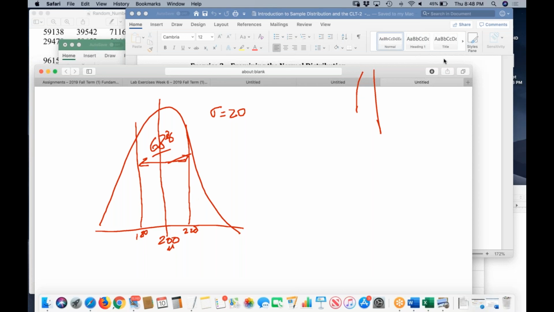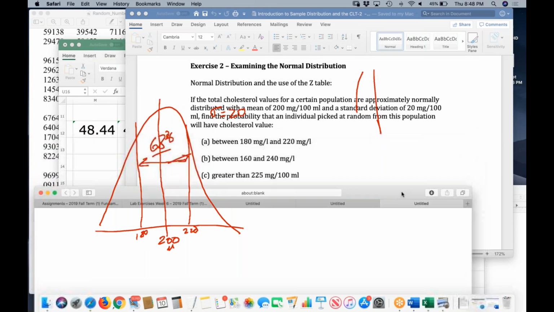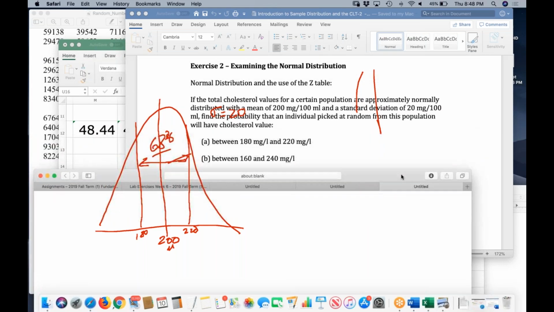Okay, so now what's the next part of this question? Let's take a look. Between 160 and 240. Anybody want to hazard a guess on that? Two standard deviations above and below can be 95%, right? Empirical rule,